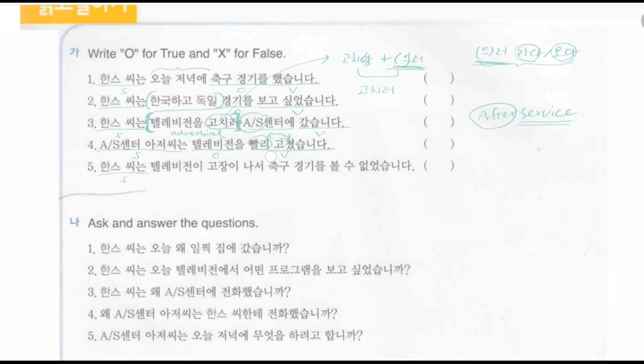Divided into two, where, here. 나서, 아서, 어서, 해서 as a reason. 자, 한스 씨는 볼 수 없었습니다. Hans couldn't watch. What? The soccer match. So this is basically the main clause. And the reason bit is embedded. So why he couldn't watch the match? Because 텔레비전이